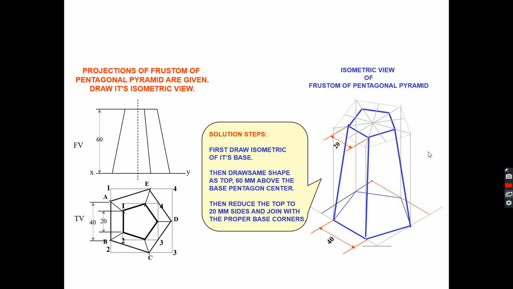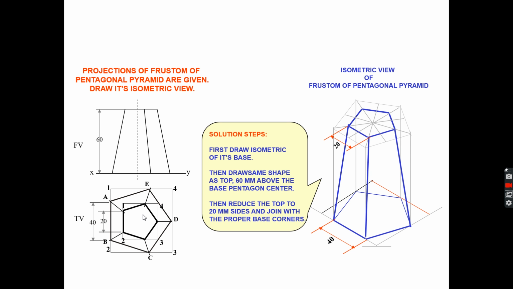This one was the last problem that we discussed. In this particular question, it was given that the front view and top view of a pentagonal pyramid were given to you. Similarly, if the front view and top view of a pentagonal pyramid are given in the question paper, there is a possibility that the actual measurements were not taken while drawing this drawing.